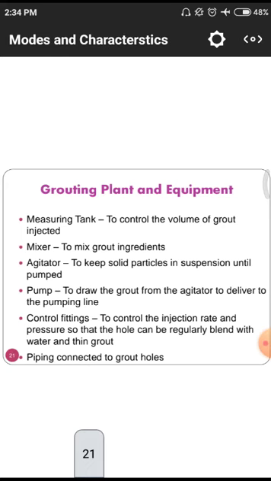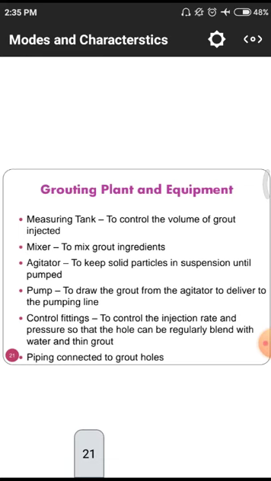Normally, for the purpose of knowing how much quantity of material we utilize to fill that void, we need to have some estimation. For that estimation we use the measuring tank to control the volume of grout injected. In some cases we simply pump excessive material. In those cases there may be some disturbance to the void or method due to excessive pressure and other surrounding subsoil features. We have to control those by observing the measuring tank.